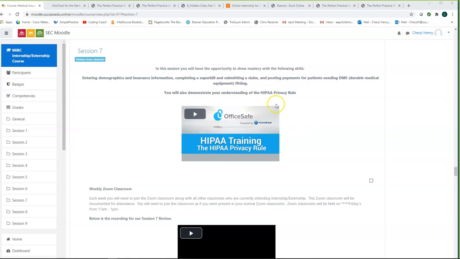So at the beginning of each session, read what the highlights of the session are and what the focus of the session is going to be. This week you're going to be entering demographics, insurance information, super bills, etc. for durable medical equipment, which is different from regular charges. Some of the other sessions have super bills that you use, but we're not going to be